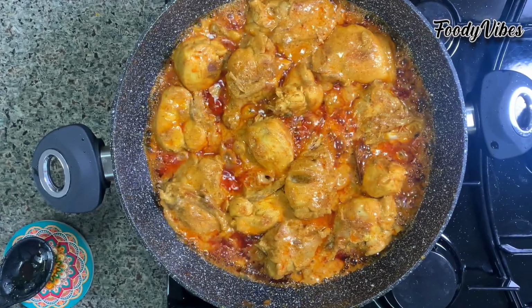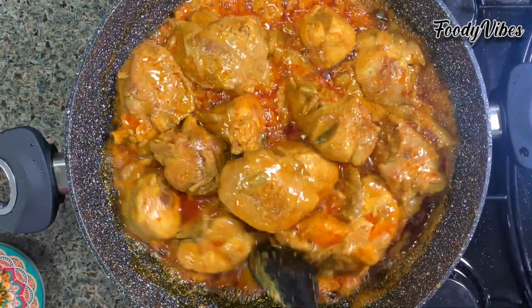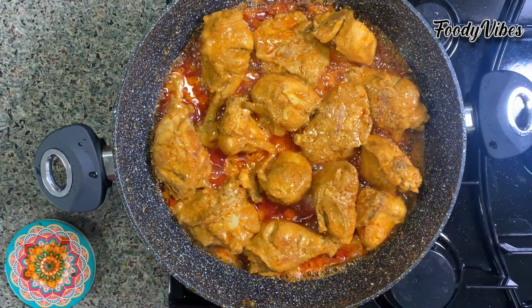Now as you can see, the curry sauce has become thick and started to separate from the oil. Now we'll add the ground powder that we have prepared earlier. Mix well. We'll also add some nutmeg powder,